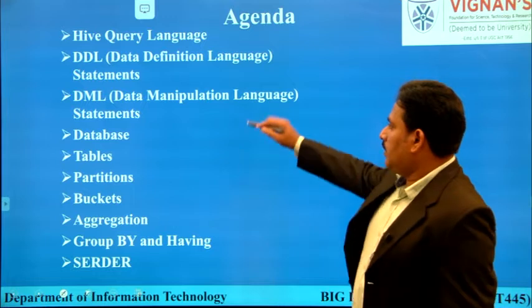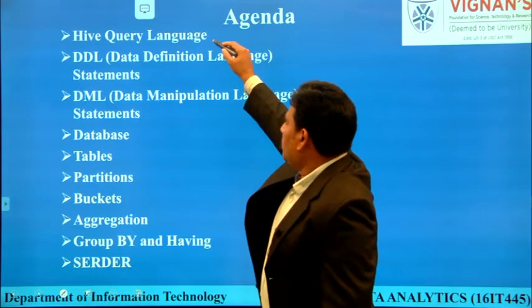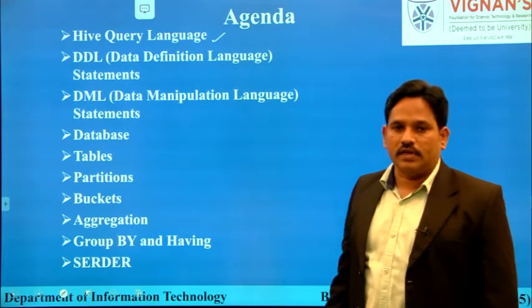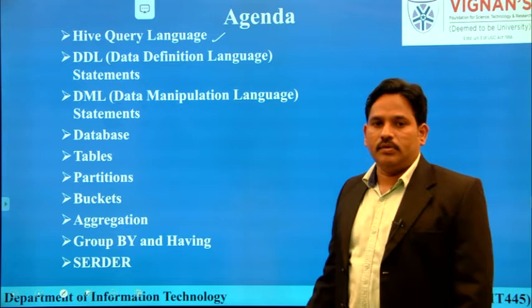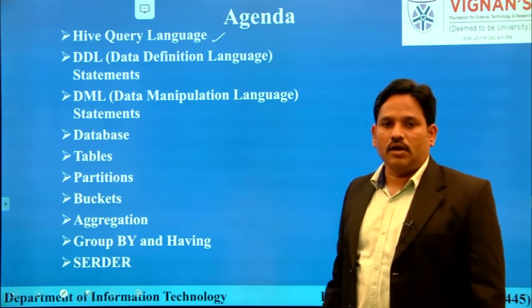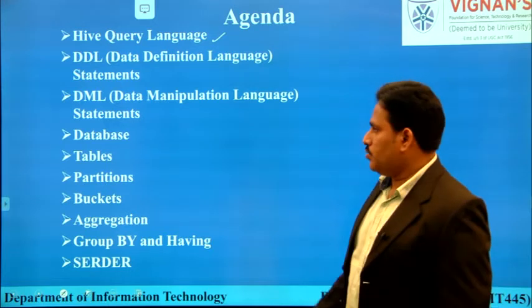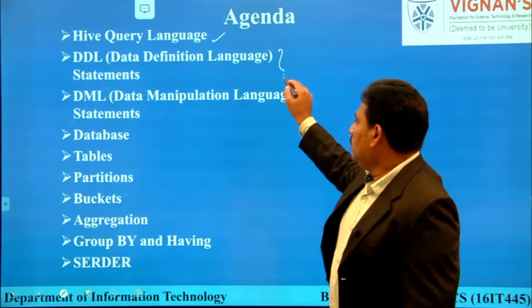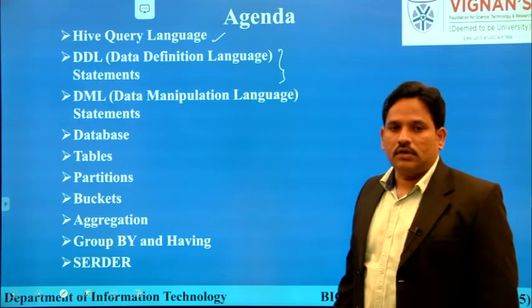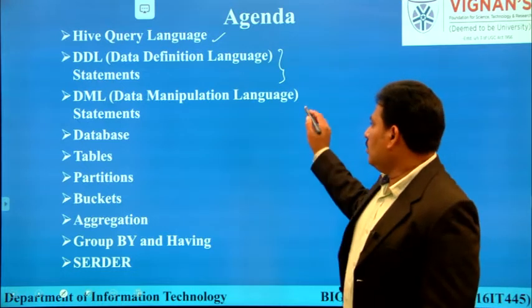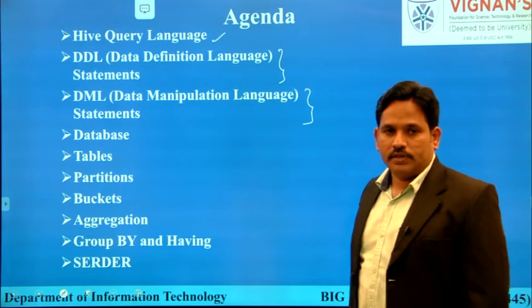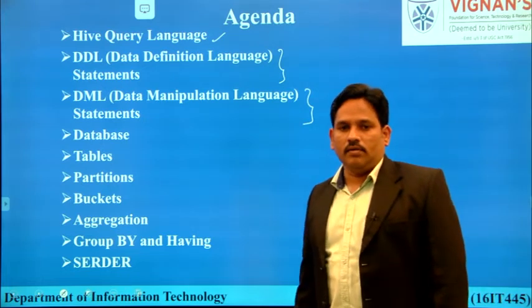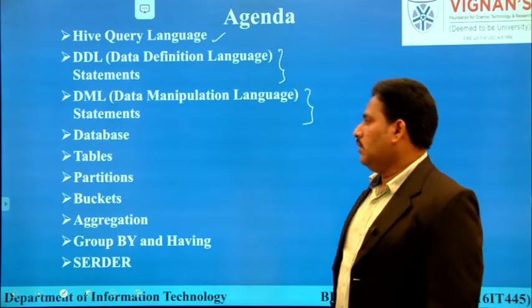We will see the complete information related to Hive query language, that means how to create a table, how to access a table, and how to insert into a table. That means we are going to apply basic data definition language and data manipulation language operations, that is DDL and DML operations, on Hive.